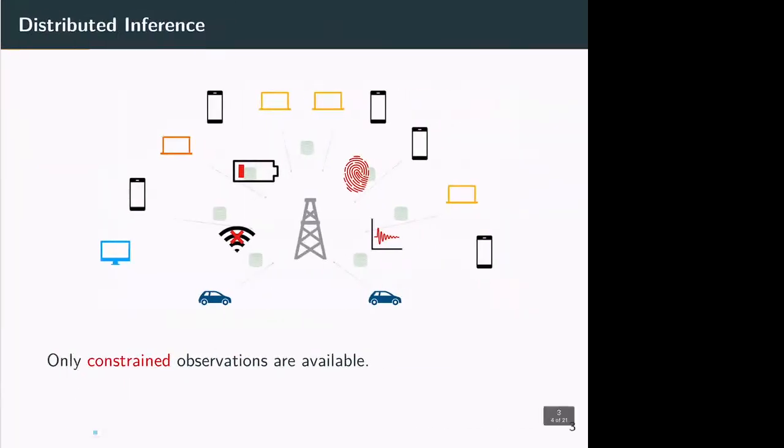So what do we mean by that? Now, each of the users may not have the ability to send the entire data that they have due to various reasons. Maybe there are bandwidth limitations. Maybe the channel itself is very noisy. Maybe they want to preserve privacy of their data samples. Okay, so only constrained observations are available at the server. And the question will be how to enable distributed inference under this